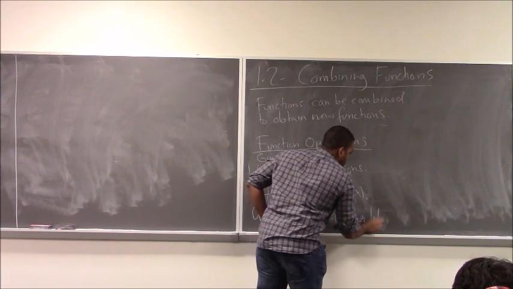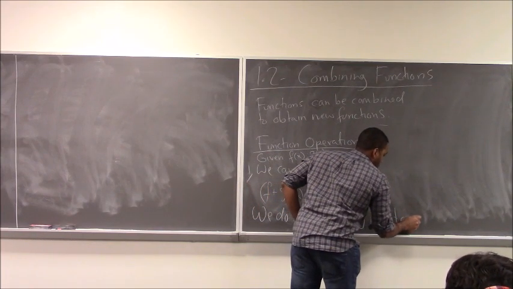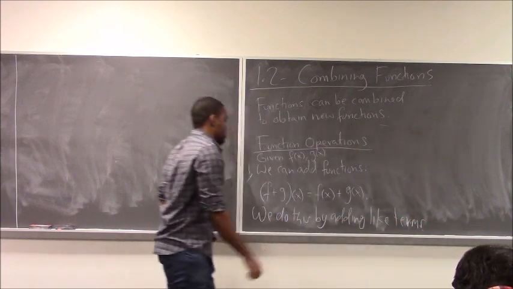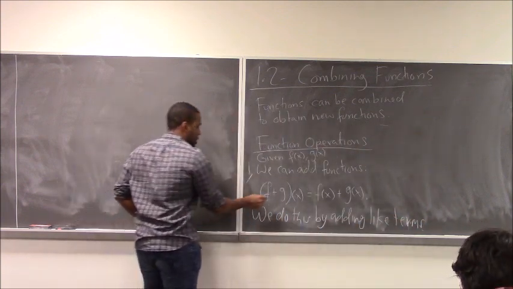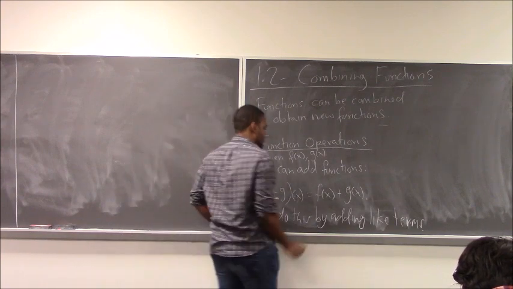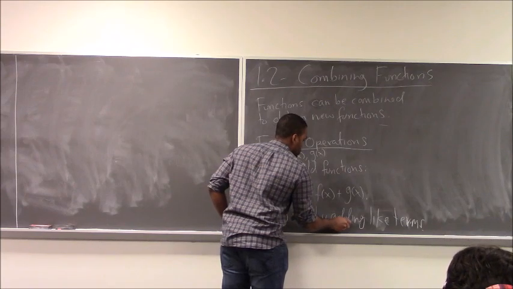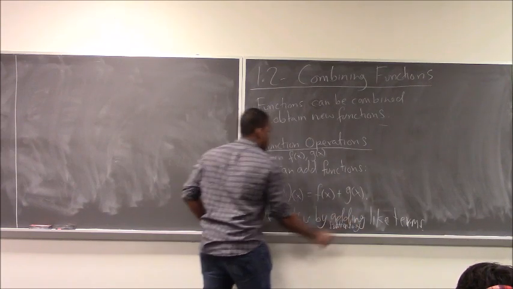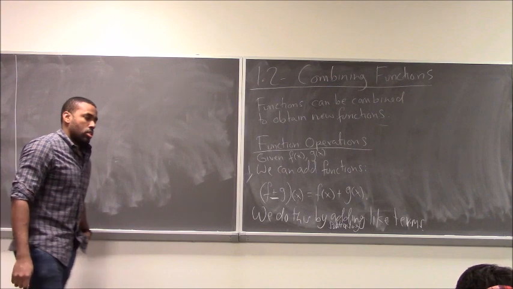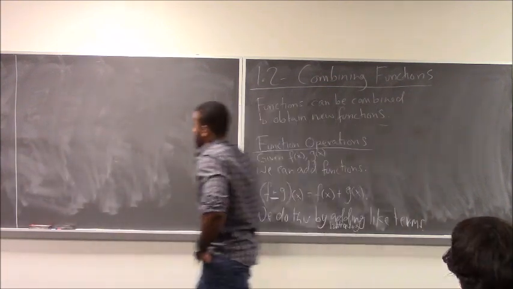Do this by adding like terms. We could put in a subtraction here as well. Adding or subtracting terms. Like terms are just terms that look exactly the same except perhaps for the coefficients in front of them. So for example,